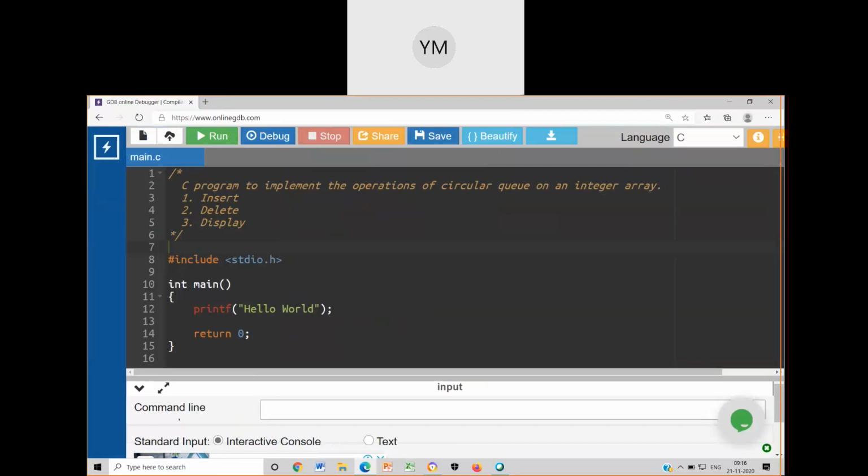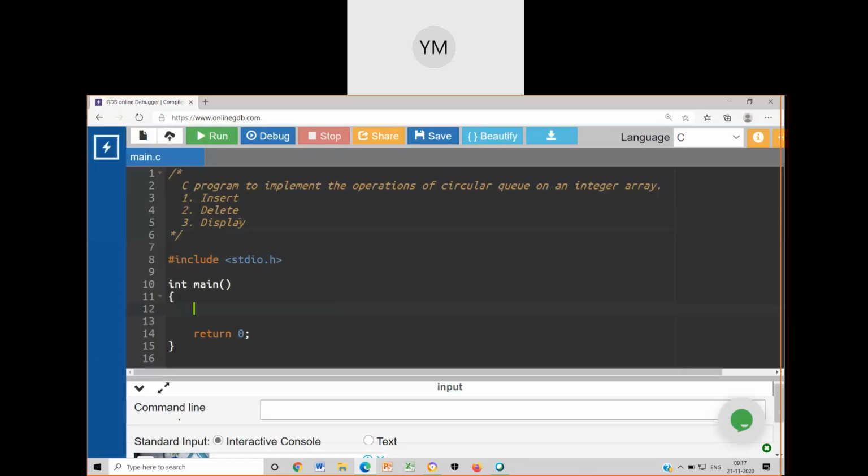Let us begin with the implementation of circular queue, and the operations involved are insert, delete and display. First thing that I'll do is implement the circular queue operations using arrays and pointers. Then I will modify that with the structure. I hope this is okay for you. Previously written things remain the same, no change at all.